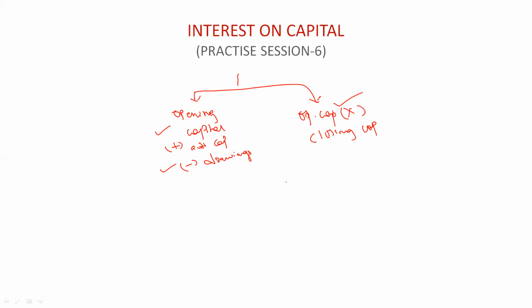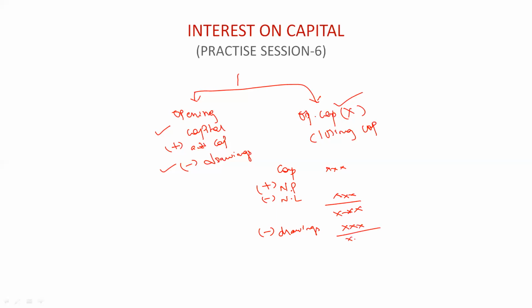Right? So you must be remembering the balance sheet that we used to do. Okay. So in the balance sheet, on the liability side, we always start with the capital amount, right? So there will be some capital amount. If there was net profit, then we used to add it there. Net profit was to be added, and if we had any net loss, then we would deduct the net loss from the capital, right? So we'll get a certain figure here. Then in case there are any drawings, then again we would deduct the drawings from this. Okay. So again we'll get a figure.